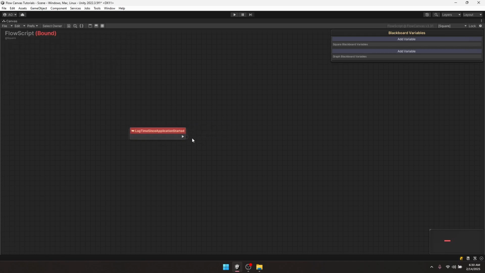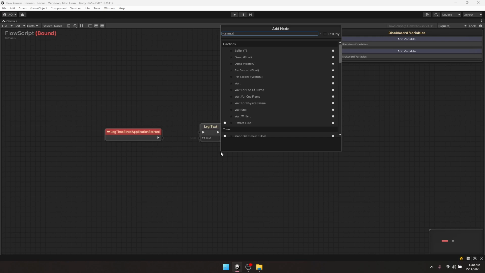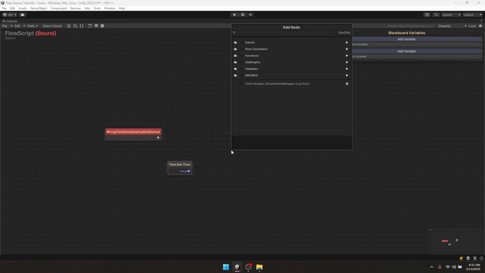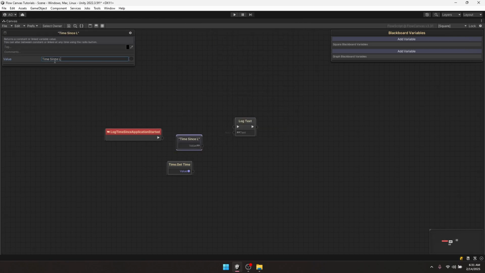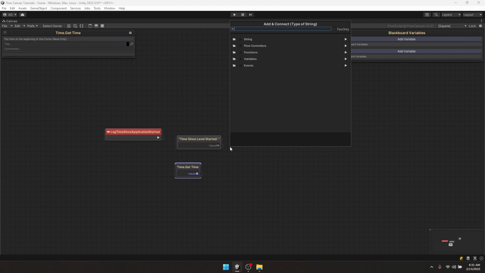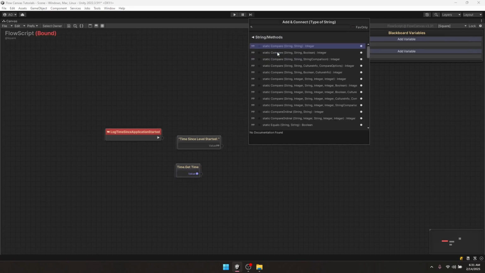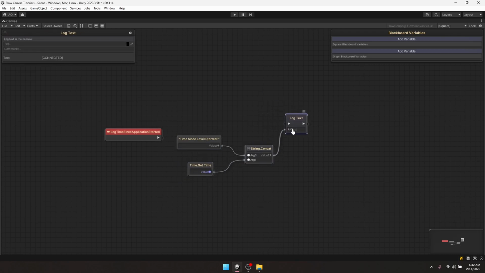There we go. And inside here, I'm going to create a log text. Then I'm going to get the time.time. Then I'm just going to create a constant string here, which is going to be time since level started. And I want to add this. So I'm going to say, drag that out, string, methods, concat. So we're going to concatenate the time next to this, then drag that into here,